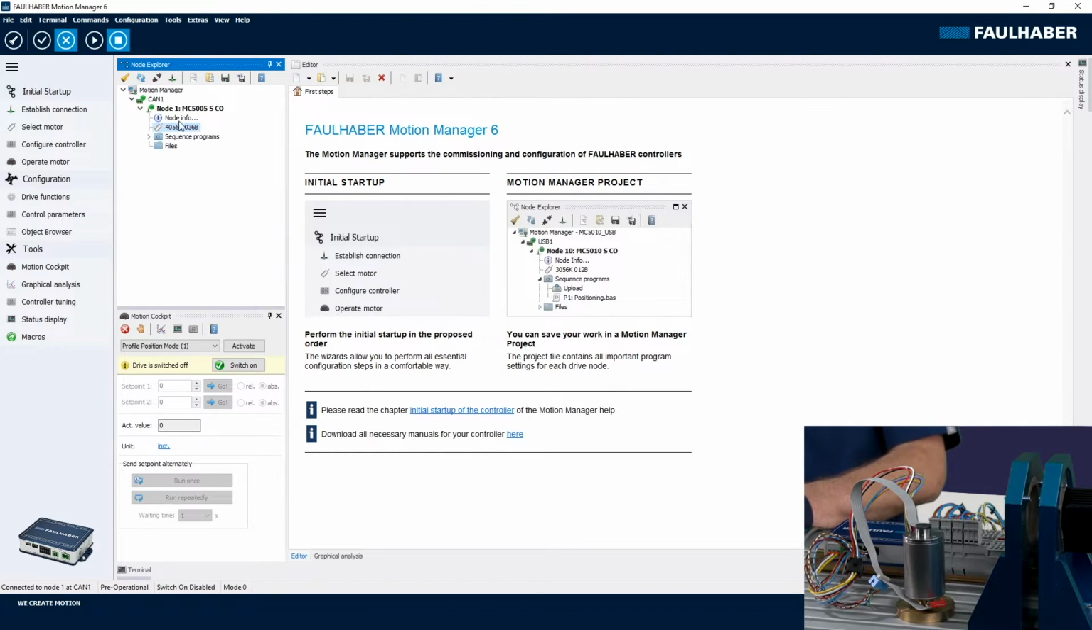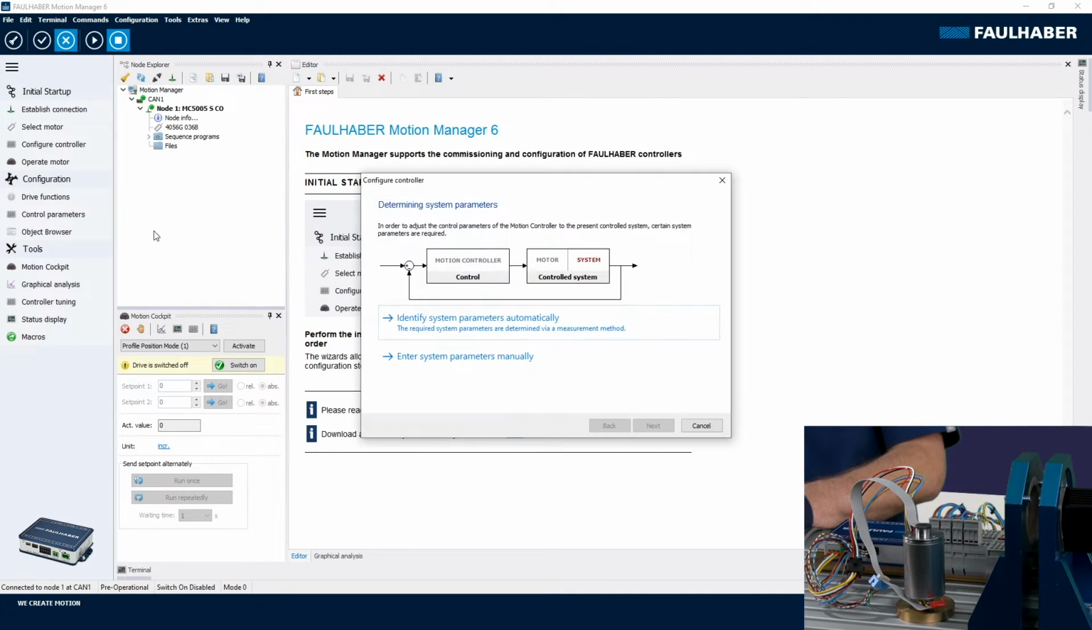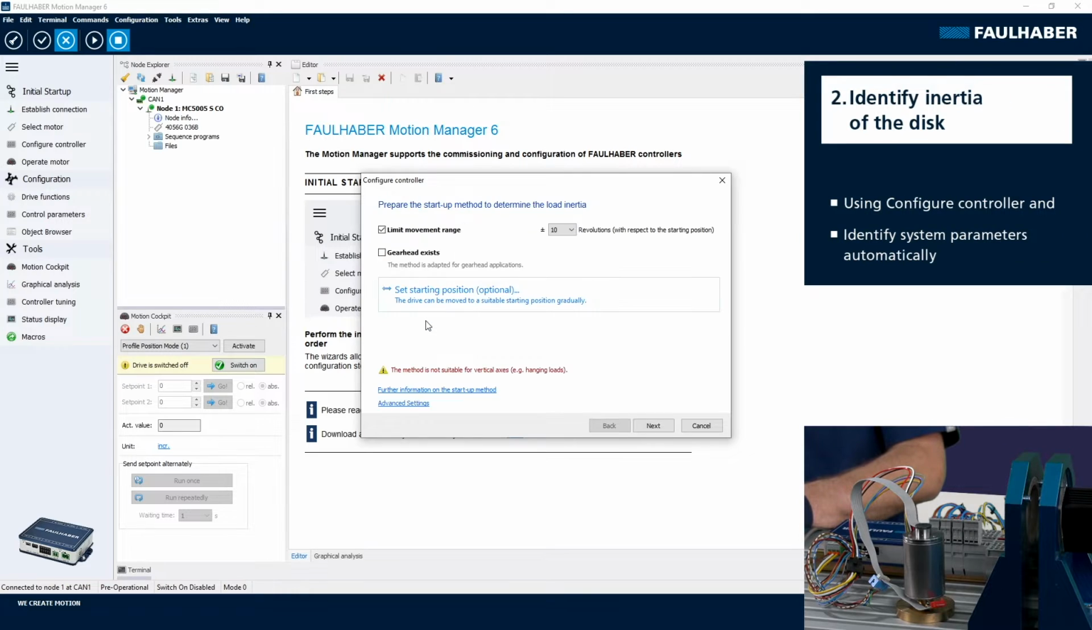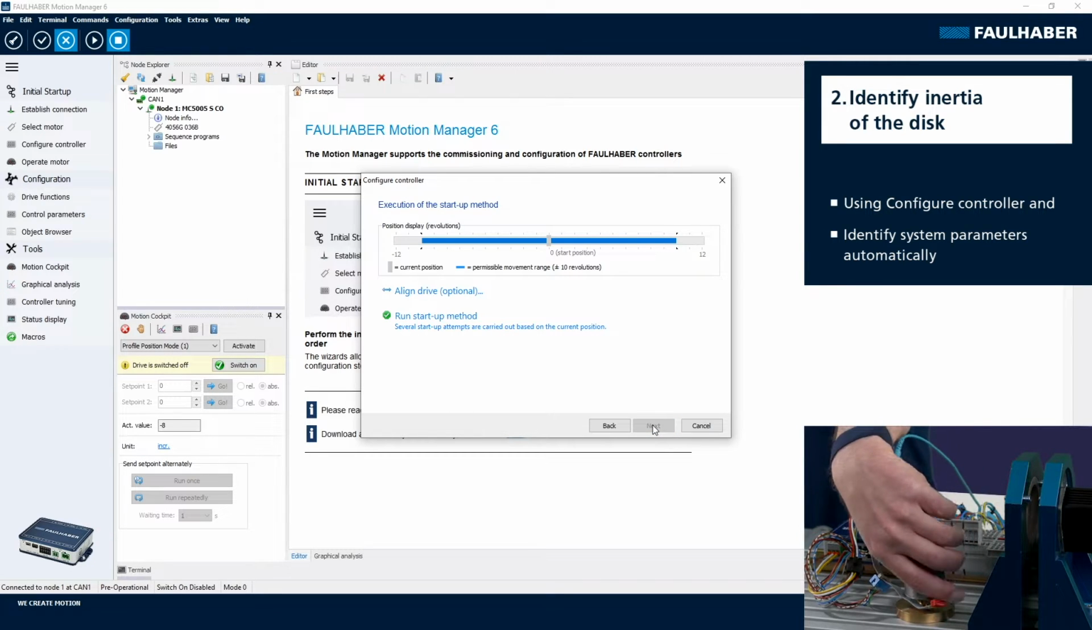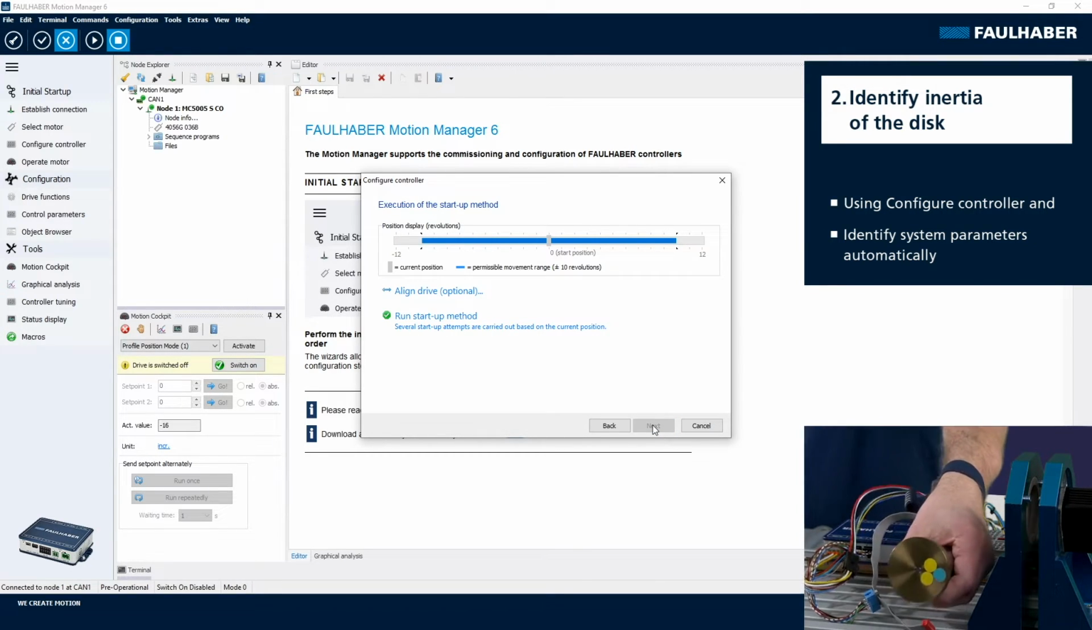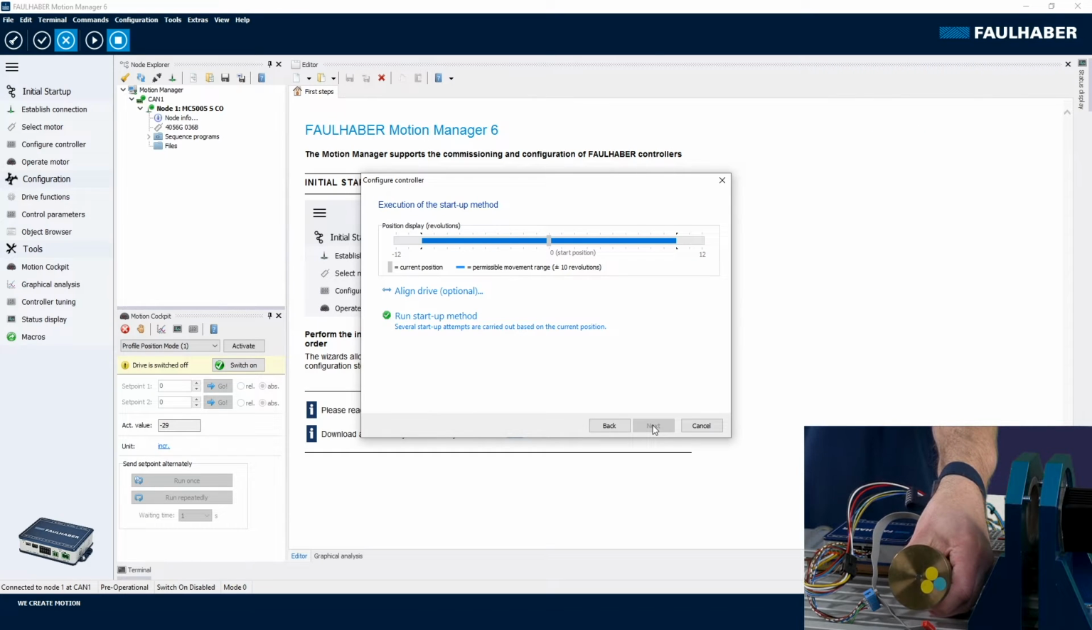And now the motor is indicated in the tree view, and next would be to actually identify the inertia of the disk here, and therefore I'm going to use the configure controller tool and try to identify the parameters automatically. I don't need to change the precision because I don't have any limits here, but now I have to really hold this motor here when I start the identification,